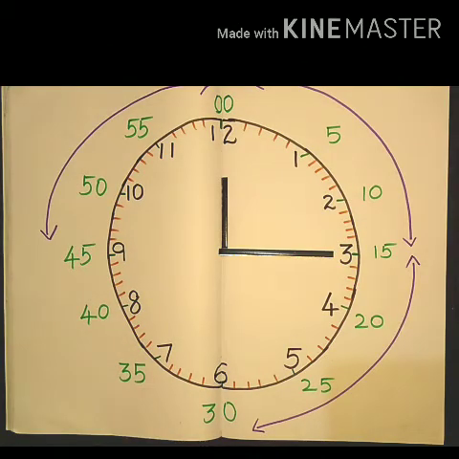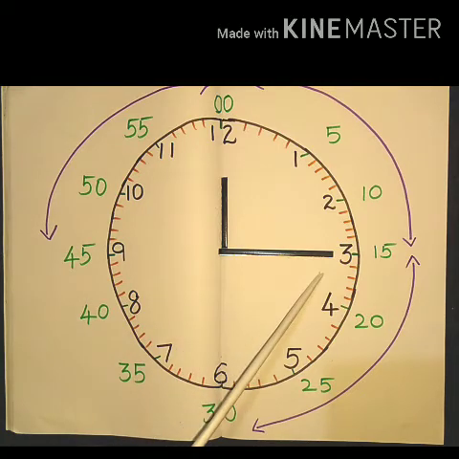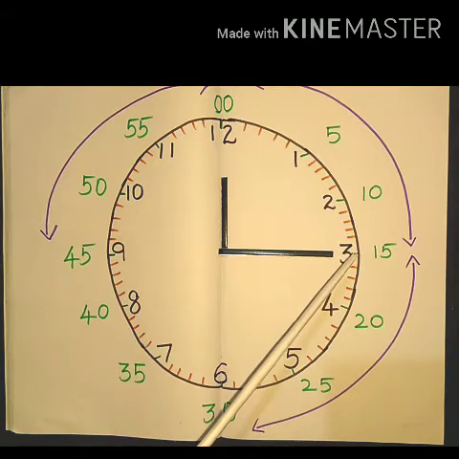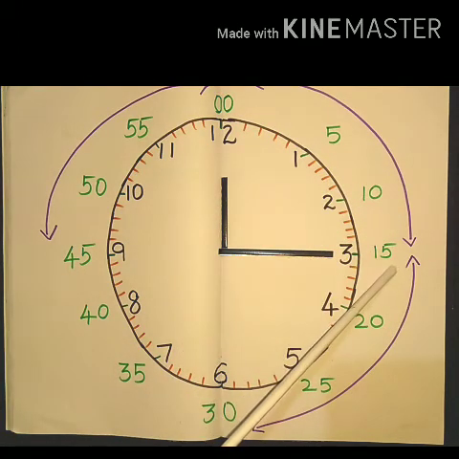Let us discuss how to calculate the minute hand. See students, first you have to look at the hour hand to calculate the time. See here, the hour hand is pointed towards 12 and the minute hand is pointed towards 3. Now what's the time? Students, some of you will think the time is 12 hours 3 minutes, because here the minute hand is pointed towards 3. No, you have to say 12 hours 15 minutes.